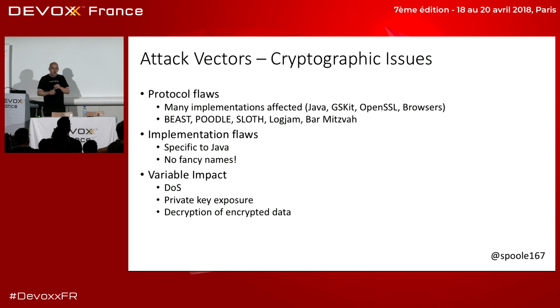There are weaknesses in our implementation, so like cryptographic things. There are ones where the actual protocol for creating the cryptographic environment is flawed, and you've heard about some of those in the press. They get nice names, and then there are bugs in the implementation where somebody did it wrong. They don't get nice names, okay?